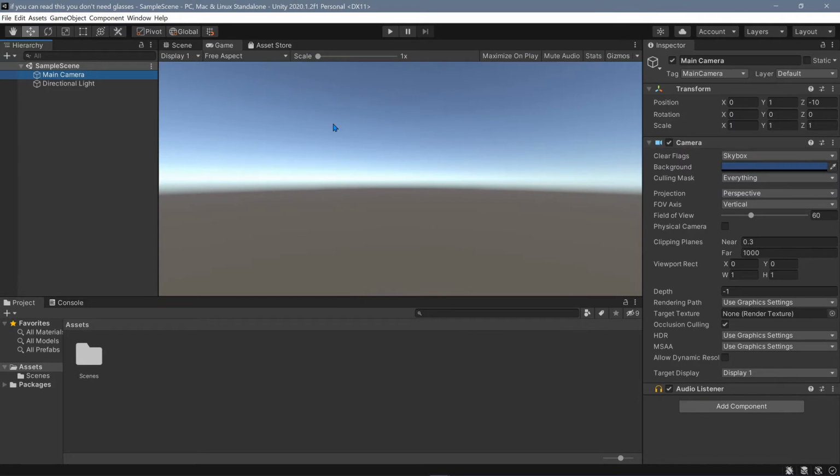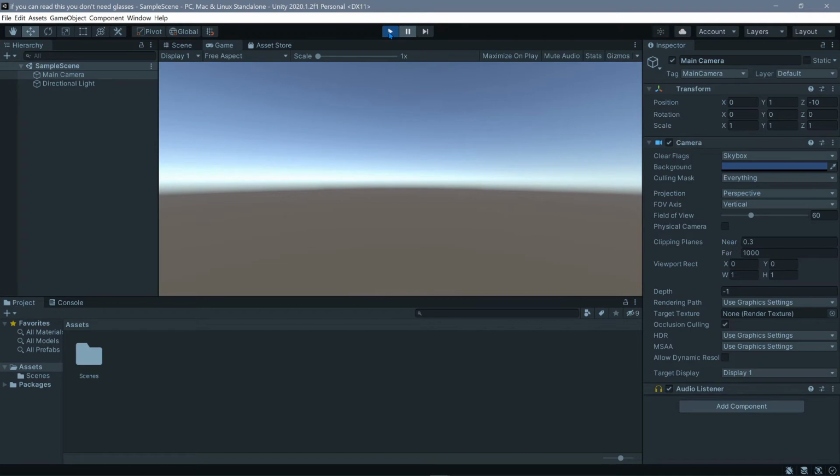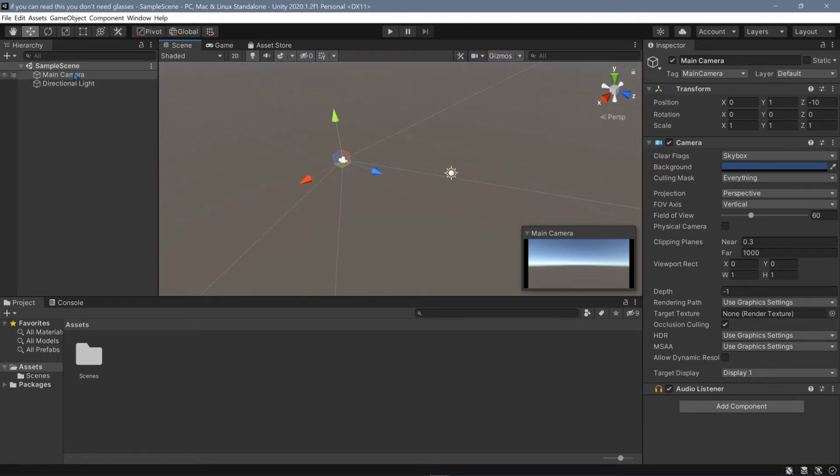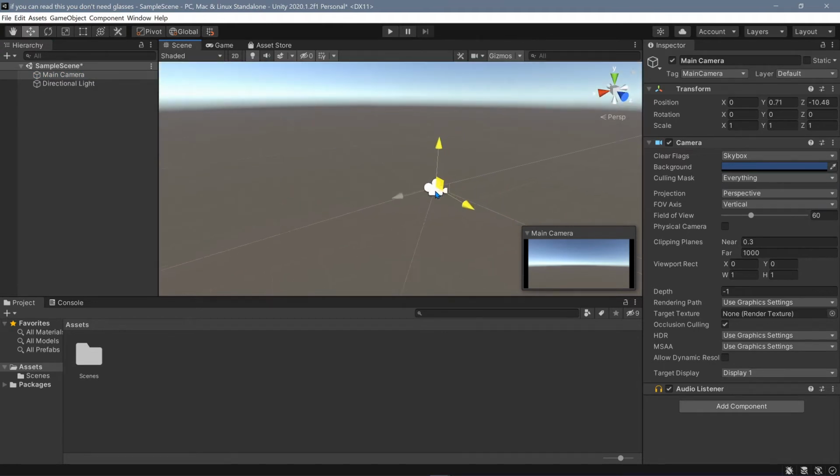The game view is what our game will look like when we're playing it. We can click the play button here to start our game, the pause button to pause, and the play button while we're playing to actually stop the game. Next, we can head over to the scene view, which shows, well, our scene. Notice how when I select the main camera, a little gizmo appears. This will allow me to move the camera, as well as rotate it, or scale it, which will do nothing because it's a camera.